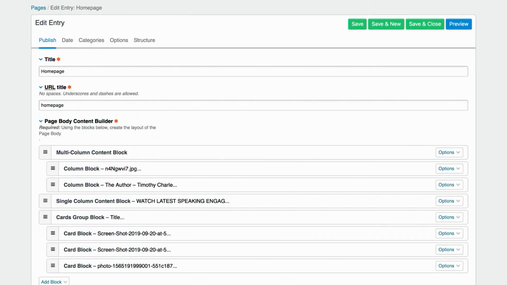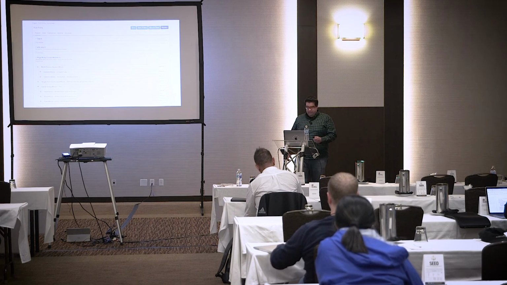And then if we go into an actual entry, we have a couple different things we'll touch on, but this is using the Blocks plugin from BoldMinded that lets us do some pretty crazy things in ExpressionEngine to get some of this custom page builder layout going. You'll notice we have our different block types, like multi-columns and then adding some different columns. We have a single column block type. Then we have a cards group that we can add different cards to. And this is all within ExpressionEngine and gives us that flexibility to pull stuff like this off.